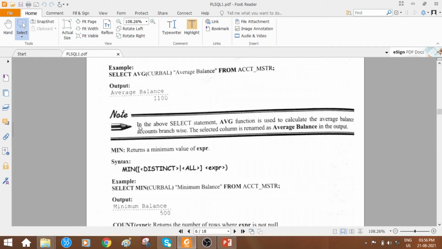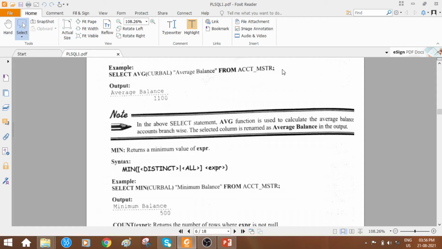Now just observe here, they have given in the above select statement, AVG function is used to calculate the average balance of accounts branch wise. Branch wise means, as I just now told, account master is a table which is holding all the account information, branch wise.